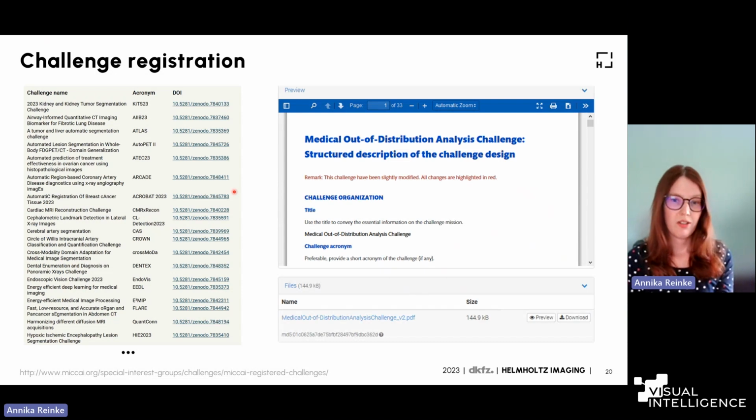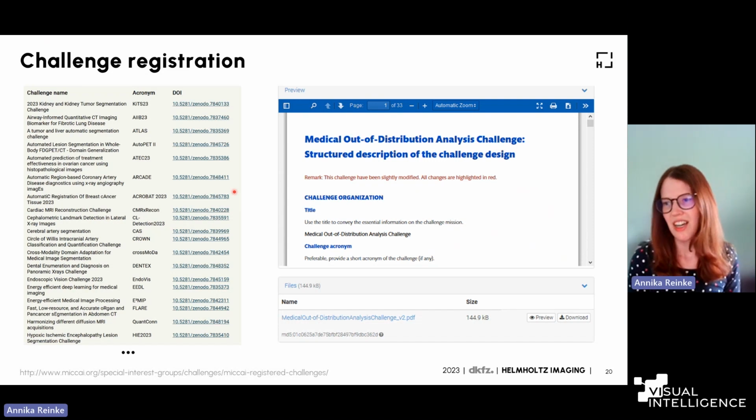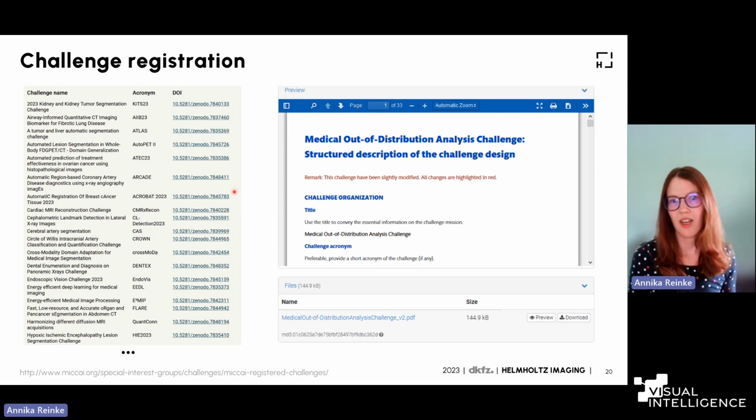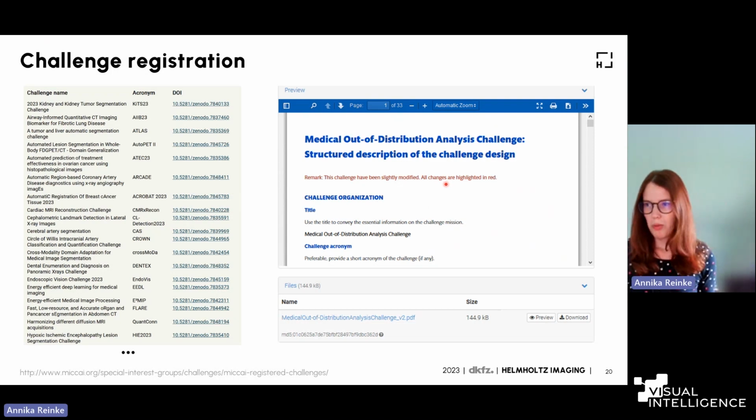And we also integrated versioning control. If you organize a challenge, it typically takes a lot of time, so 1 or 2 years. And sometimes, for example, the data set changes. Then this was reported back to the organizers of the conference. They reviewed it again, and then we have this versioning control with all changes highlighted in the design proposals. So I think with reporting, we were somehow fine.